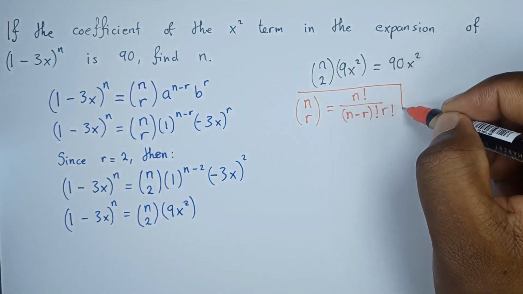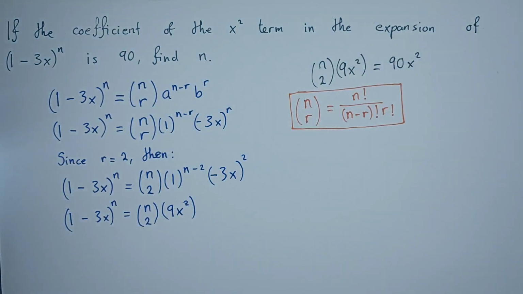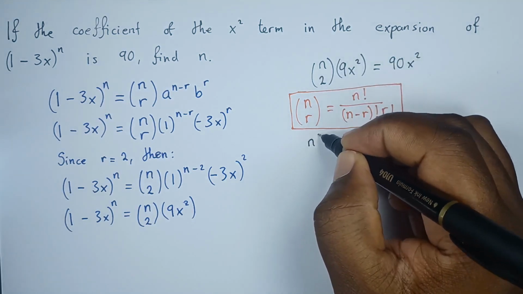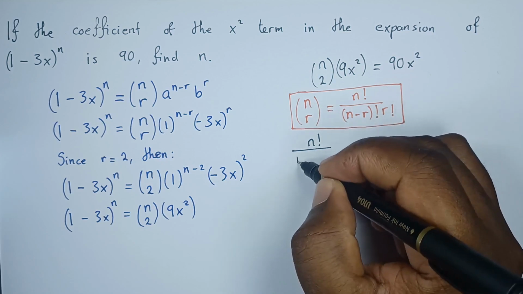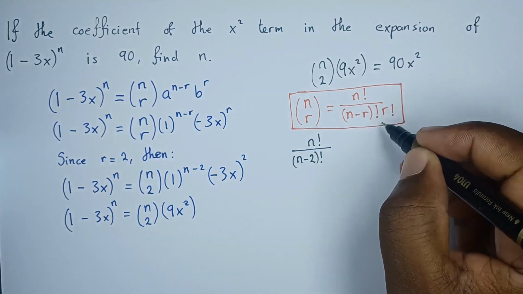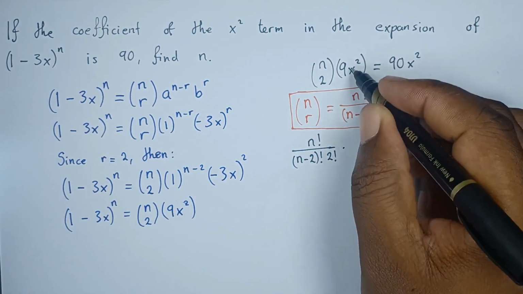So this is the formula for a combination. Now in this case, our value of r is 2. So for this combination here, we can have it as n factorial divided by (n minus 2) factorial times 2 factorial, multiplied by